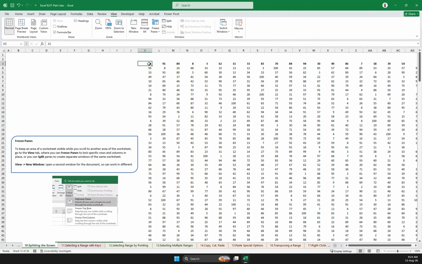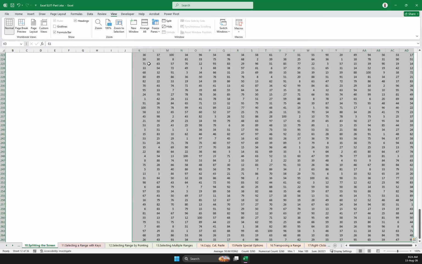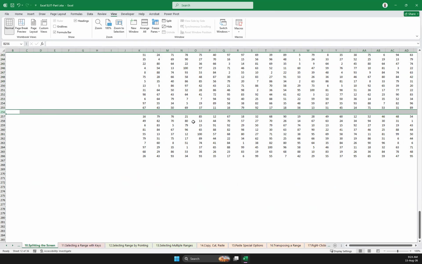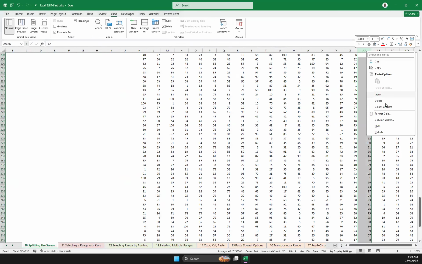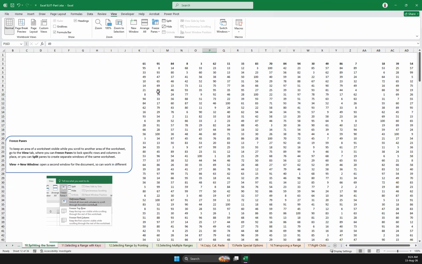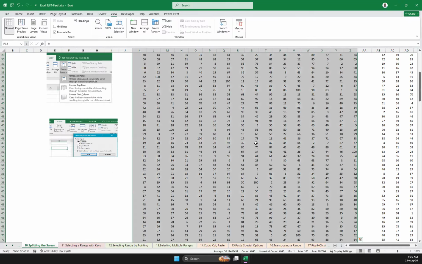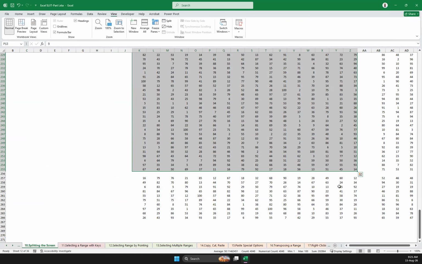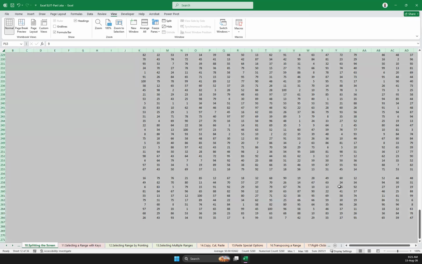If you want to select all these values, by pressing Control A you will be able to select all, right? But what if you have a break here, let's say? Now you are here, and if you press Control A from here or somewhere here, you will be able to select only this set of selection. I wanted to select the rest as well. Then how would you do that? If you press Control A again, it goes to the entire sheet. I don't want to let that happen. I need only